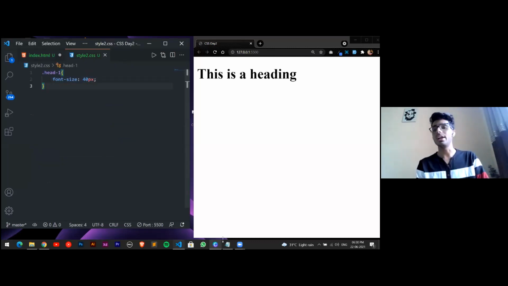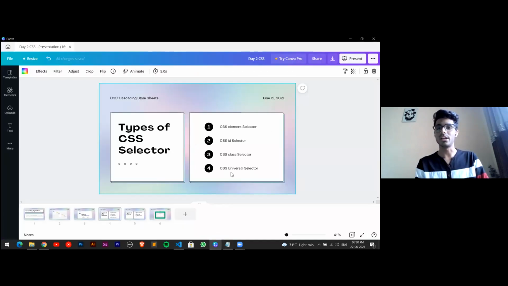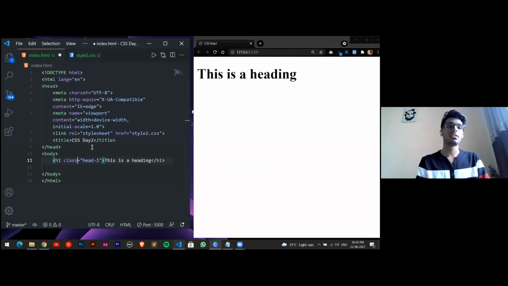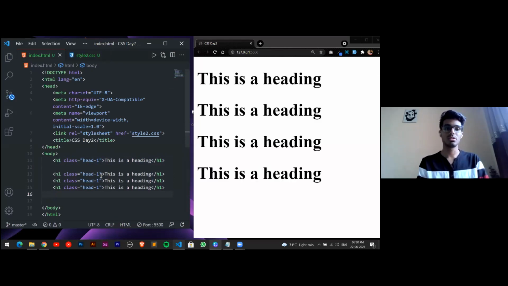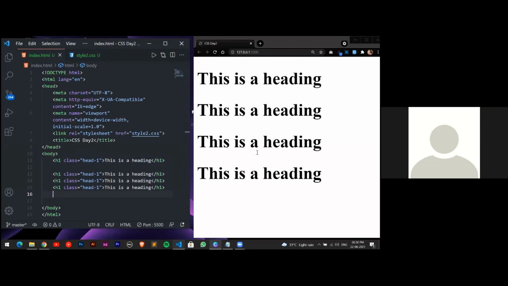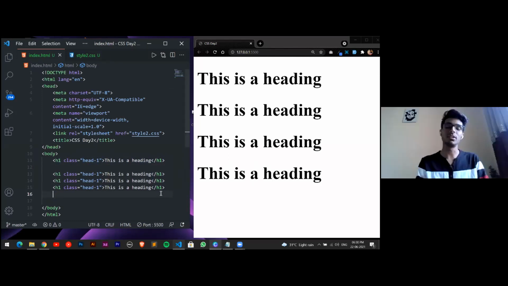Then comes the universal selector, which we had used. That is the CSS universal selector. Say I've added this multiple times, and I want my entire web page to follow it, every text to be red.